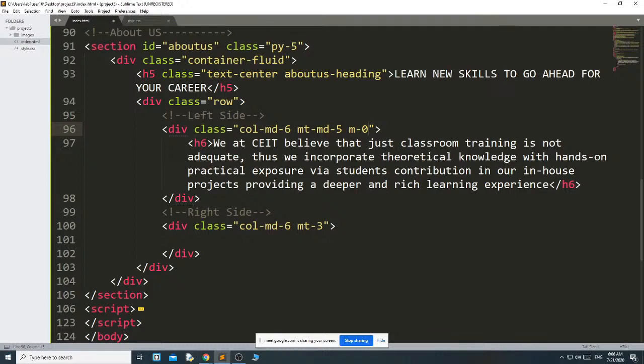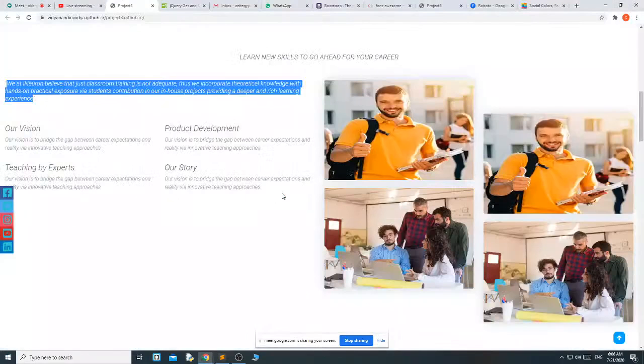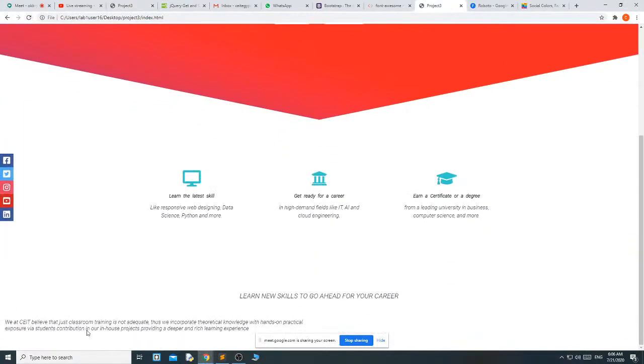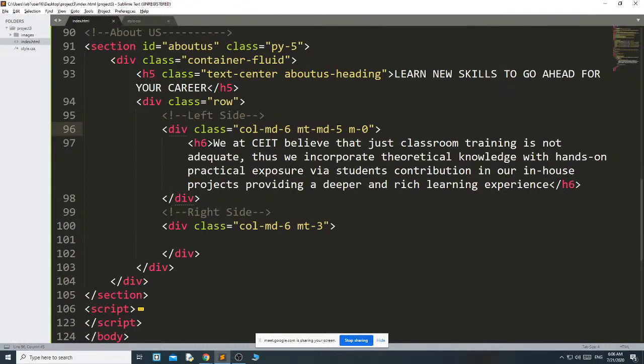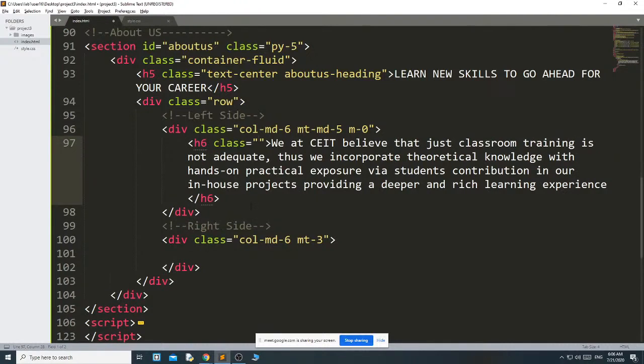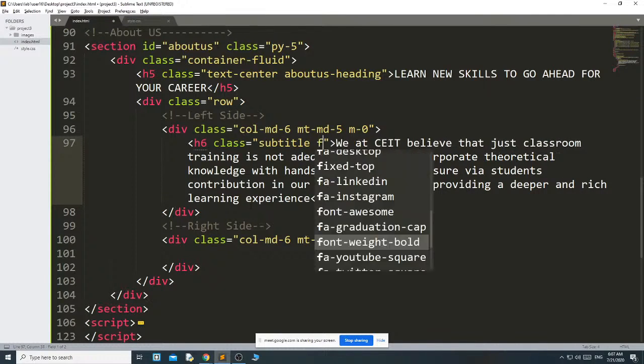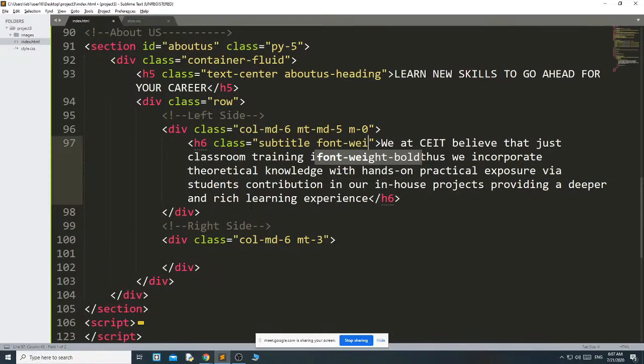Okay, and this one will appear like this. Then this one, I want to give the class font weight light.